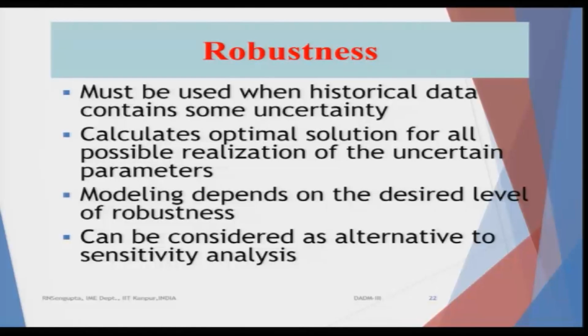It can be, for example, the traffic congestion, or the salt level in the air, because that would have an effect on the wear and tear of the tire, or the wear and tear of the car. So, all these things would matter. We want to find an optimum solution for all the possible realizations of the uncertain parameters. So, we want to have a gamut of all the possible solutions of parameters, and then consider those which are feasible and find the optimum solution from them.